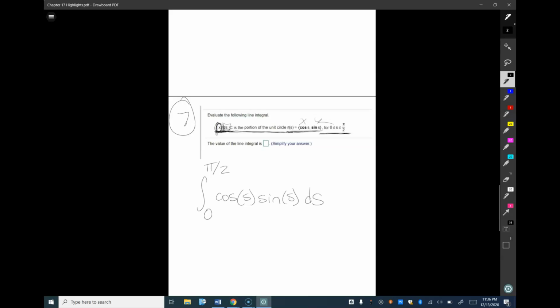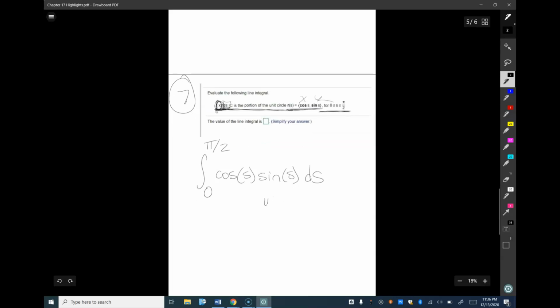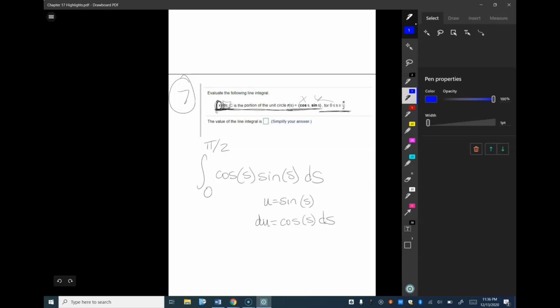Now, in order to integrate this, you're going to have to use u substitution. So I'm going to let u equal sine of s. Take the derivative of both sides. That would give you du equals cosine s ds, which is perfect because